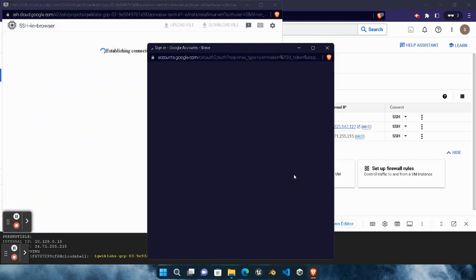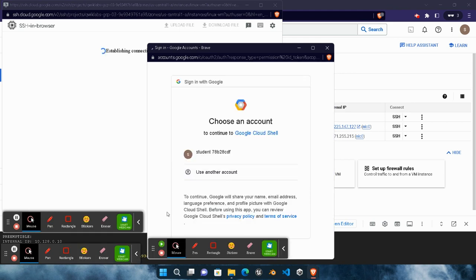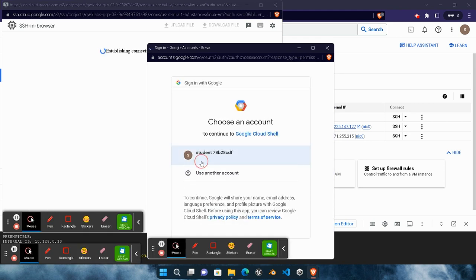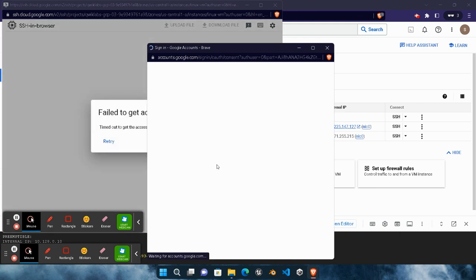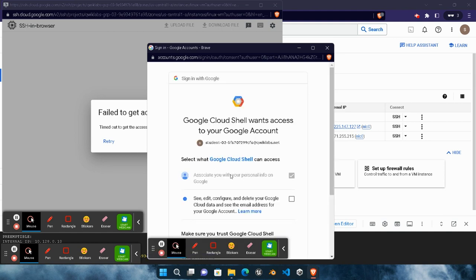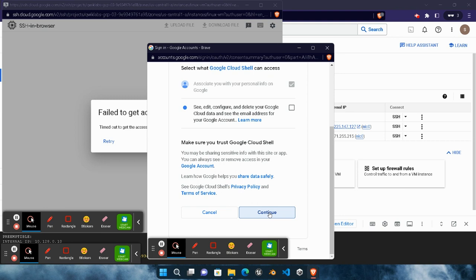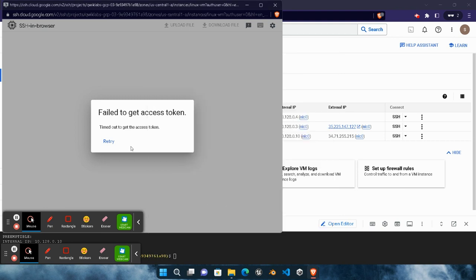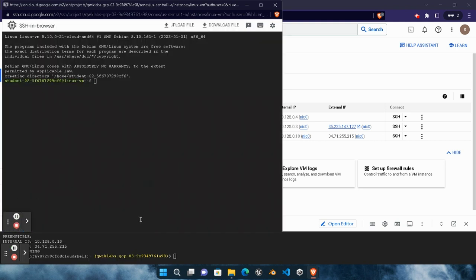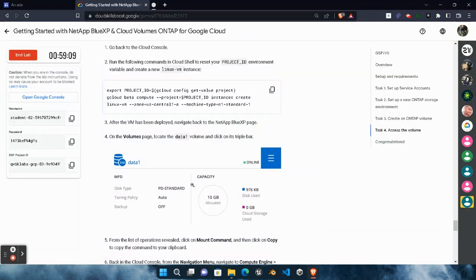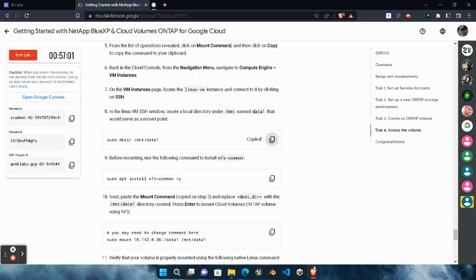We need to select our student mail ID, which is provided by the Google Cloud. So simply select the ID, this one, the student ID. Simply scroll down, click on continue button, click on retry. Now once your connection gets stabilized in the terminal, come back to the lab,